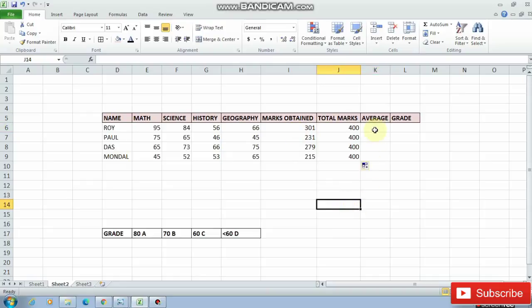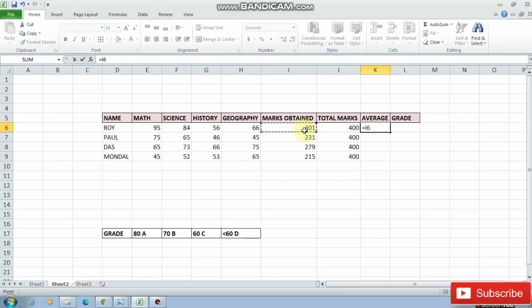Now coming to the average part. To make the average of each and every student, you have to divide the marks obtained by the total marks and multiply it by 100.